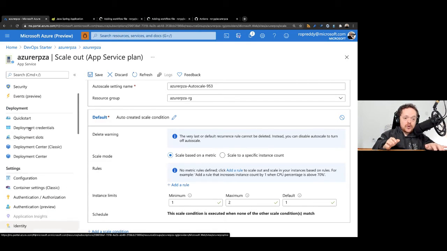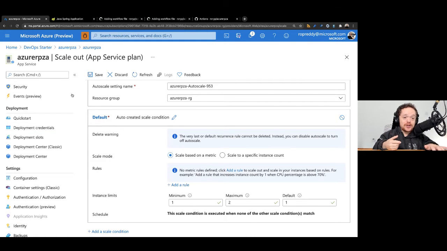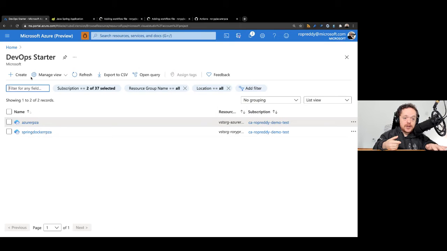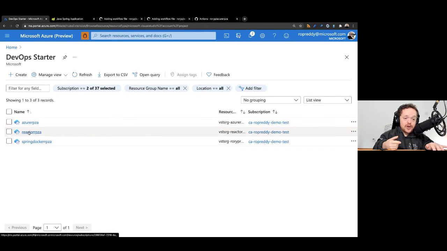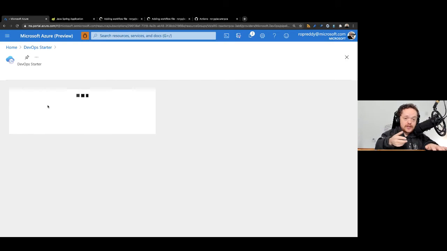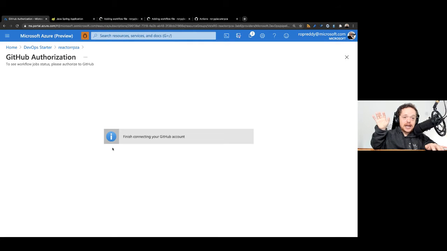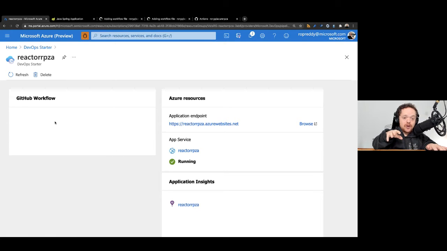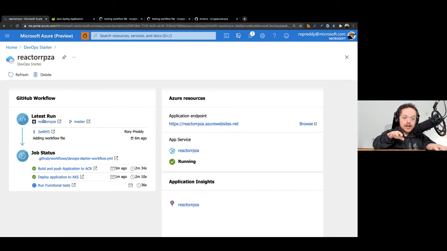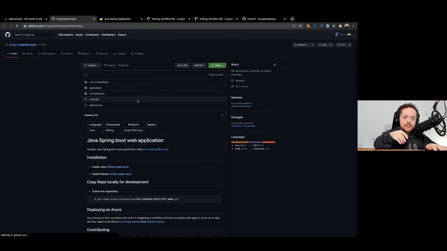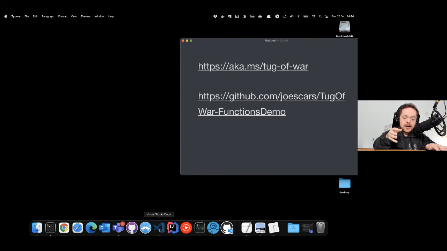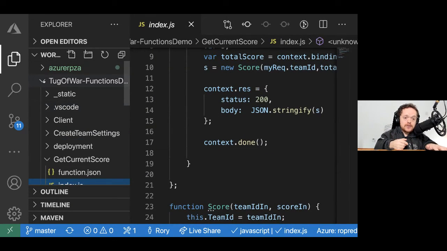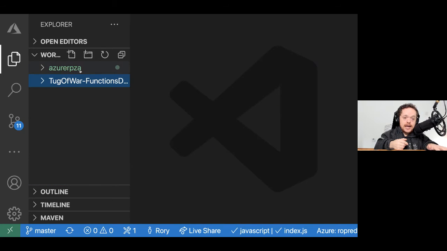Now with app services also, you want to get the code that you're deploying to it. If you remember the DevOps starter, let's make sure we have our other DevOps starter here. So there's the one that we did before, and you can go into it and then you can clone, because it is GitHub. You can clone this and run it locally on your PC, and then you get access to all of the nice features there. So I've got my GitHub workflow here, and I can go into my actual GitHub repo and clone it there, because that's exactly what we created. And I've got it running here now in my Visual Studio Code. So let me minimize that, and that's the one that I had before, and Azure ZA.